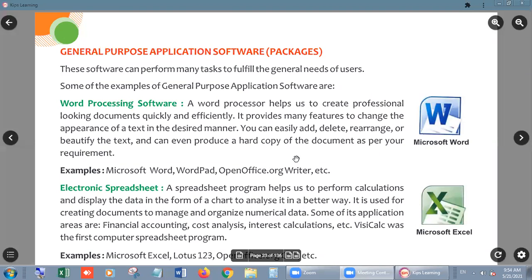What is hard copy? When we get a printout of our file, suppose this page which you are watching at that time, if I give the command of this page to the printer, then the printer will print it out. Then the printout copy is hard copy.